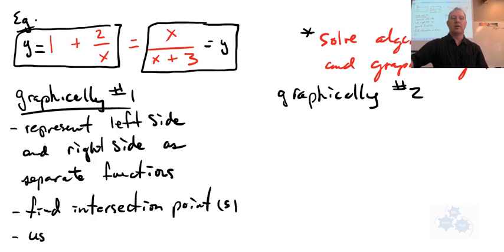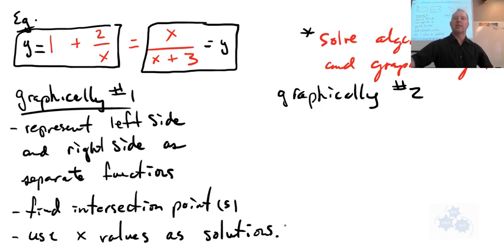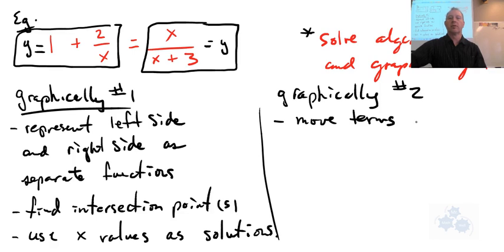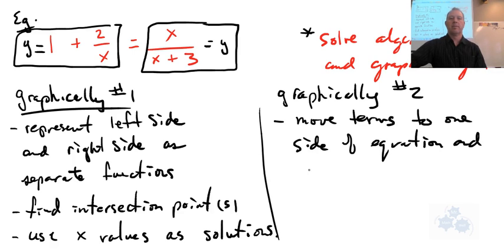And then use the x values as our answers, as our solutions. Okay? So that's the graphically 1. Graphically 2, okay, would be to, so we want to move all of the terms to one side of the equation and let it equal 0. So if we move terms to one side of the equation, and other side would be then equal 0,